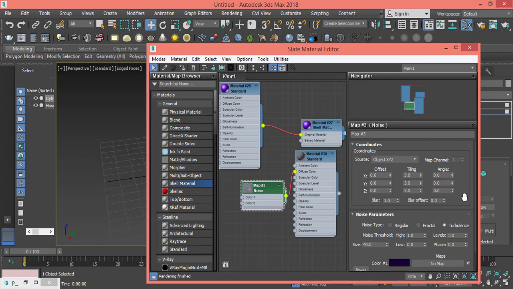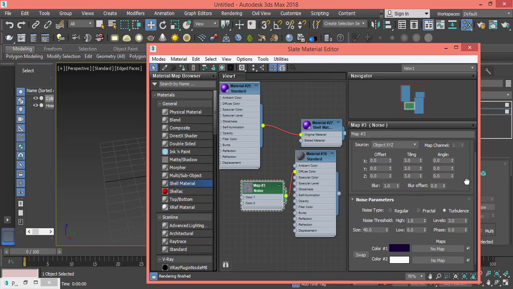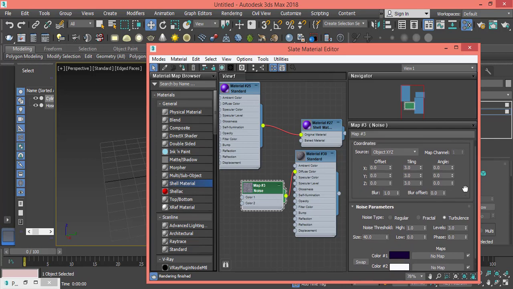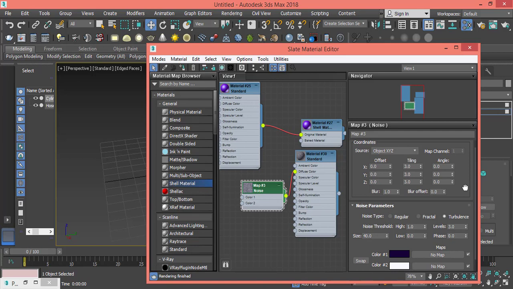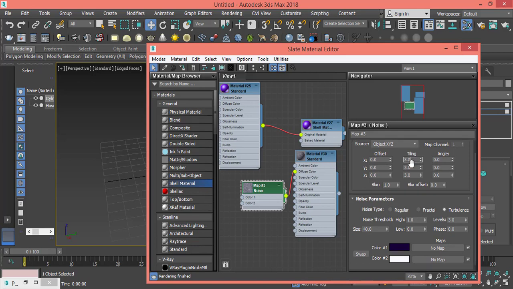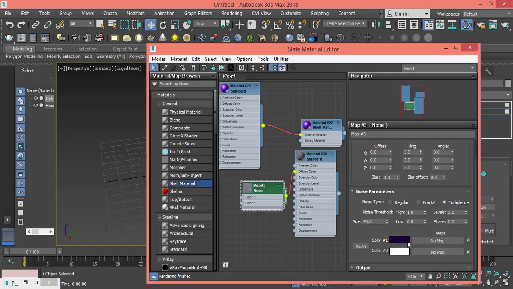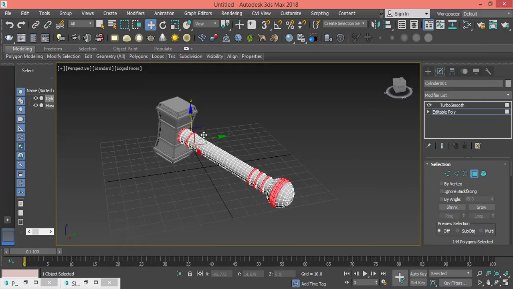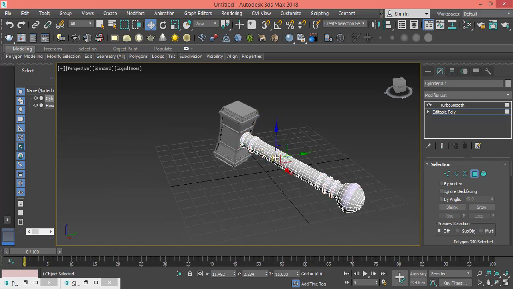You will have a separate course dedicated to material editing, but here I just created a noise map for diffuse color with 3 by 3 by 3 tiling, and I changed its color to dark black and white, and I changed its type to turbulence. That will be dedicated for our selection. So here assign material to selection,